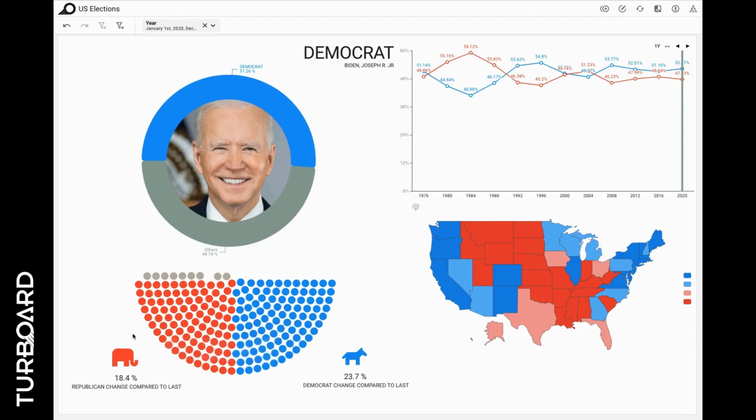Right here below you can also see the Senate seat distribution and the change in percentages from the last elections. We can see the last presidential election compared to the previous as a percentage. Here, the increasing trend for both major parties is evident. This is attributed to more votes for other parties and a rise in the overall number of voters across the country. Let's take a closer look at specific states.